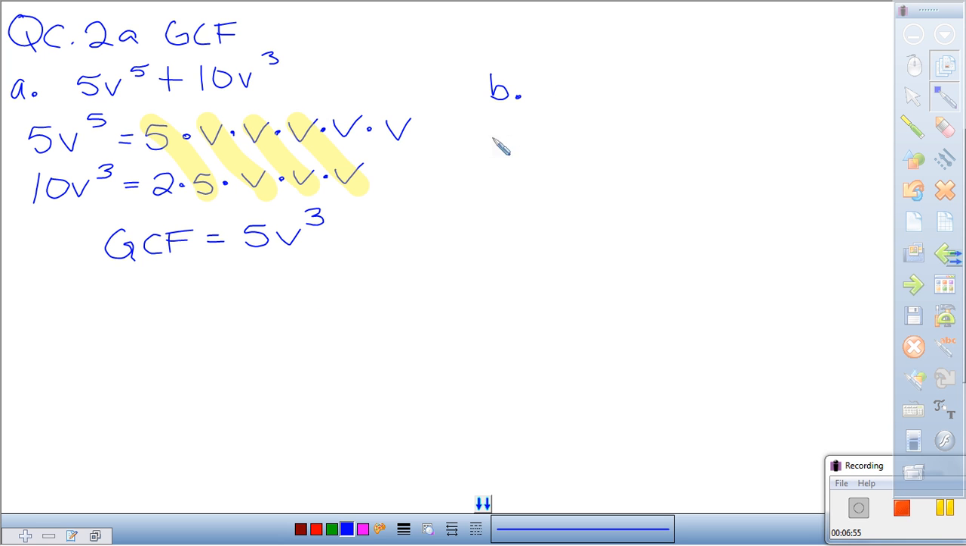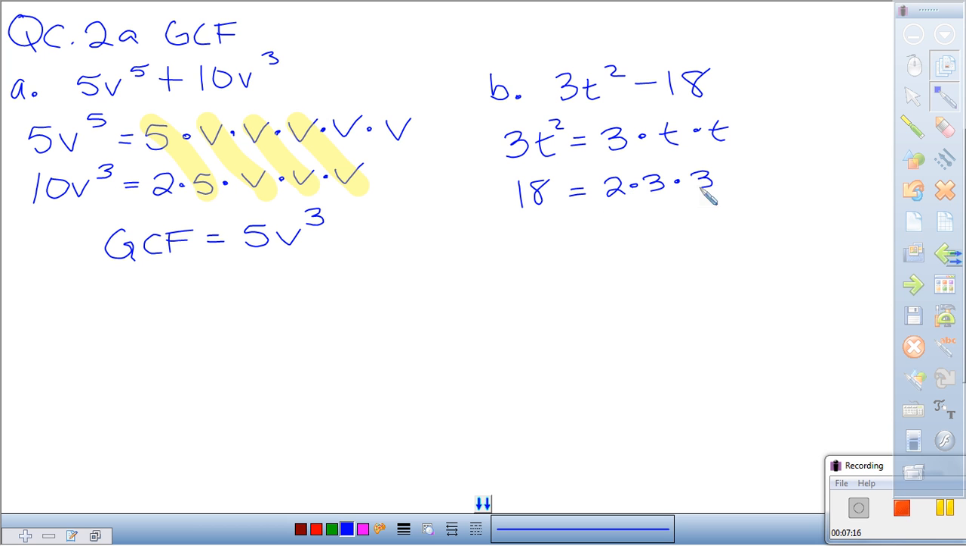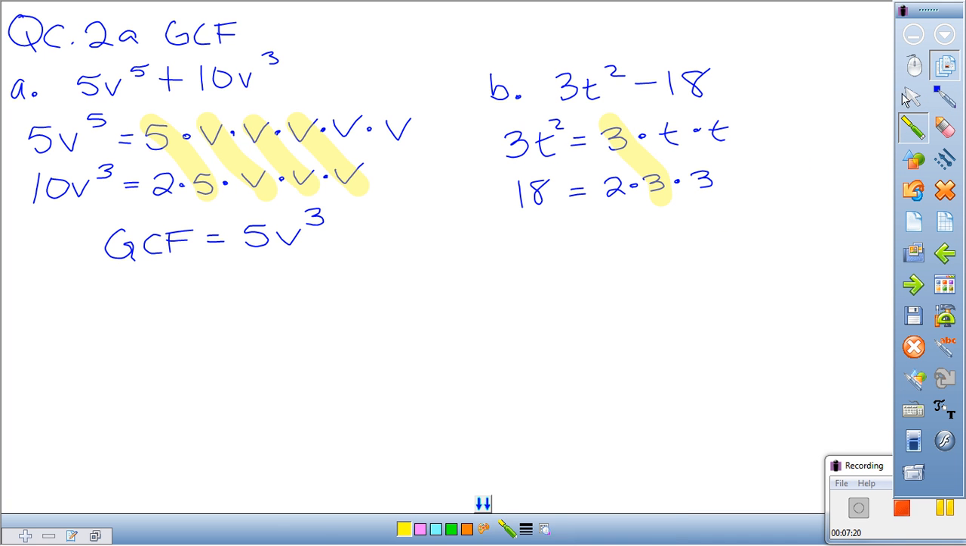We'll go ahead and do quick check 2b, which is 3t squared minus 18. Again, we need to find the GCF. So I'll write them vertically. 3t squared, 18. 3 is prime: 3 times t times t. 18 is not prime. 18 would be 6 times 3. 6 is 2 times 3 times 3. And we have nothing else, so the only thing we have in common is this 3 right there, GCF of